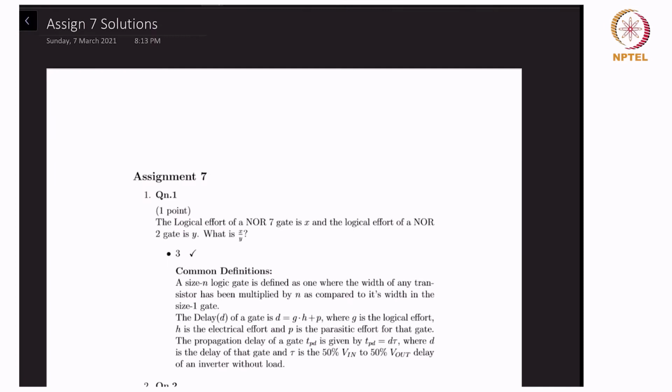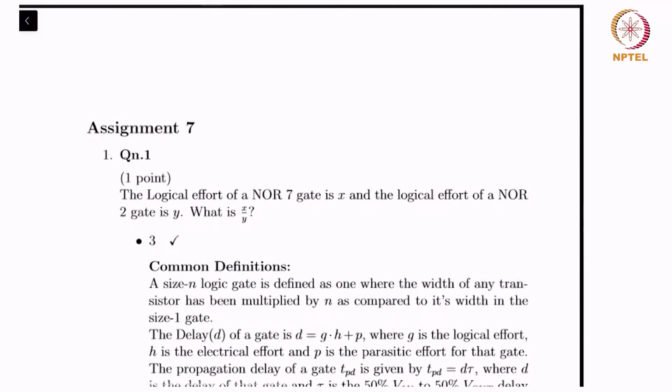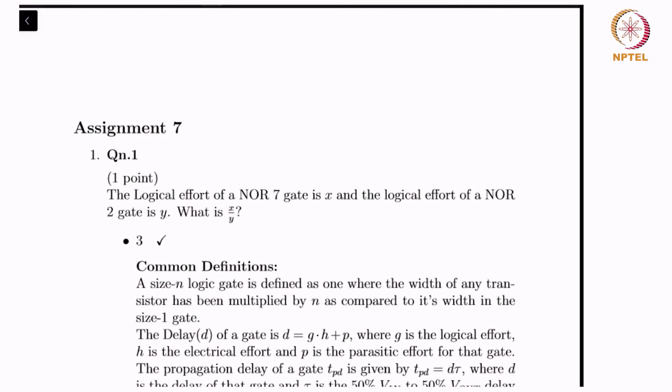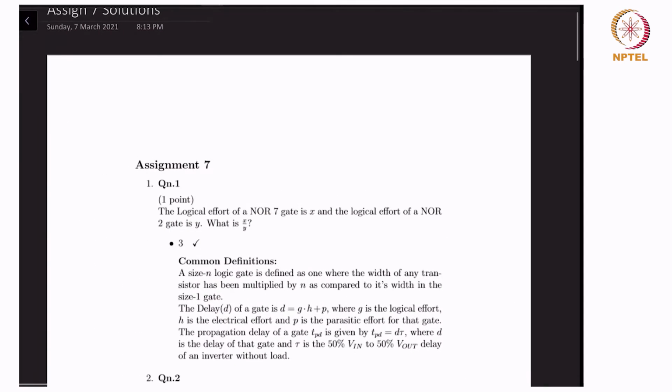So these are the solutions to assignment 7. In question number 1, we are given that the logical effort of a NOT 7 gate is X and the logical effort of a NOT 2 gate is Y. What is X divided by Y? So a NOT 7 gate is one which has a 7 stack of PMOS. So there are 7 PMOSs here